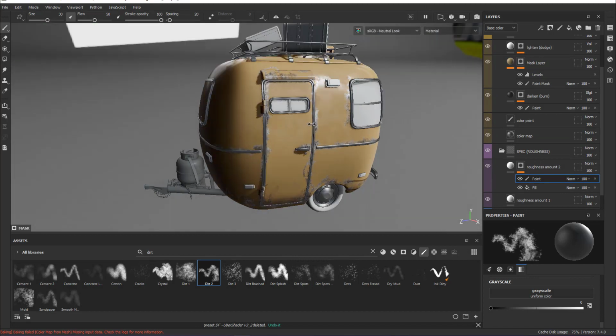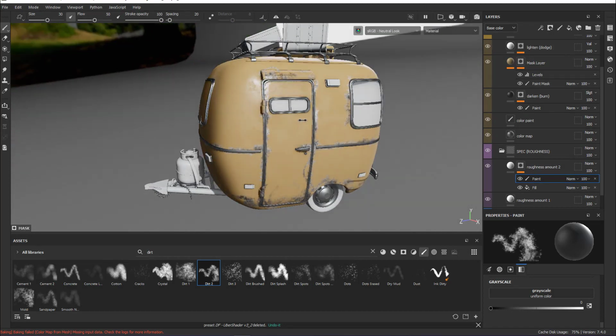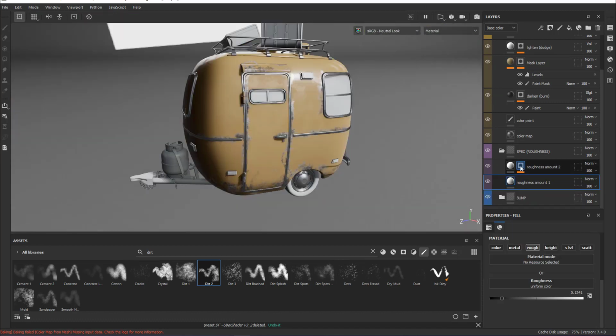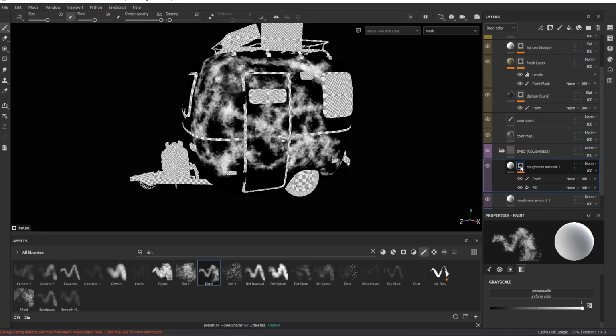And change my light around so I can kind of see what I'm getting on here. That's kind of nice. I'm going to come into here, Alt, so I can see what my map looks like,